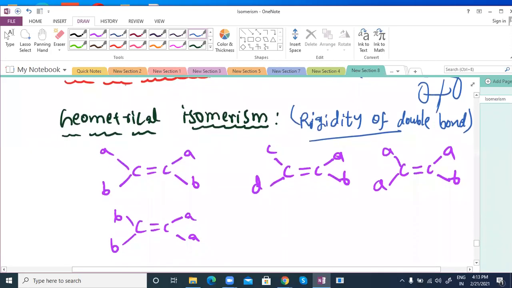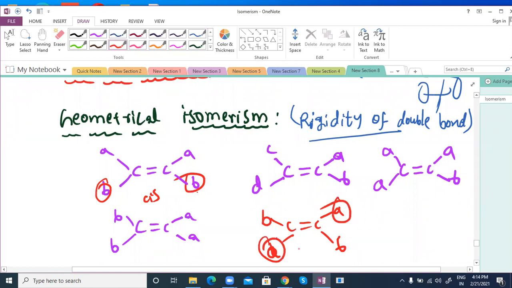Now these are the general cases we have given with respect to carbon. If the same group is on the same side, we can say cis, and opposite means we can say trans. So you can write this is cis, and trans you can write as opposite. This is A and B, B, so opposite, you can say trans. So this can also show cis and trans character, but this doesn't. Both are the same groups, and here also it doesn't show cis and trans character.